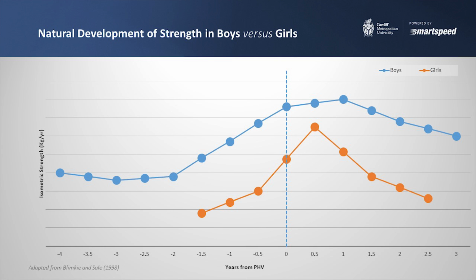So actually when you look at the figures, we'll see -4 years, -3 years, -2 years, -1 year. We hit peak height velocity, and then we go to the other side. And what you'll see with that figure, believe me, is we see a non-linear development, and the peak occurs around about 6 to 12 months after peak height velocity for strength and for power. Now, granted, those measures tend to be fairly absolute,